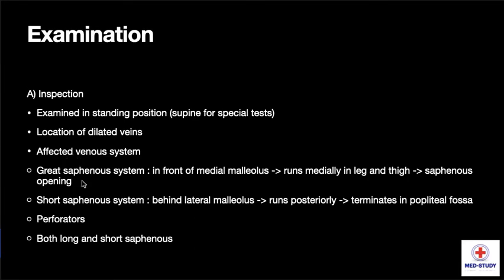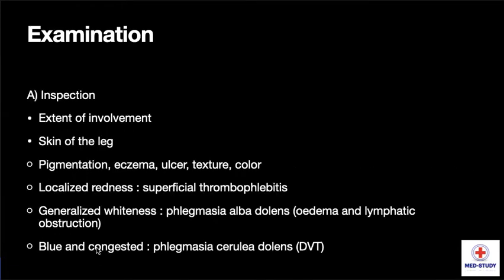The venous systems are greater saphenous system, which is in front of the medial malleolus, runs medially in the leg and thigh, and ends at saphenous opening. Short saphenous system is behind the lateral malleolus, runs posteriorly and terminates in the popliteal fossa. Perforators and both long and short saphenous systems. Now we have to inspect for the extent of involvement,